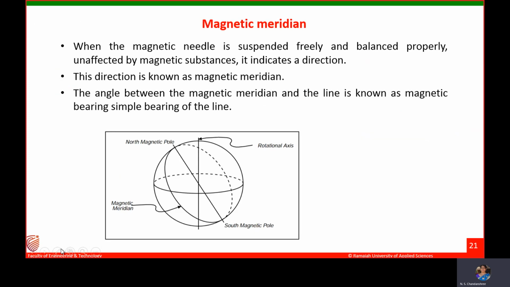This is about the magnetic meridian. As I told you, with respect to the rotational axis, the magnetic north pole and the true north are not at the same location. The reason being, magnetic north keeps on changing its position, and it is at a certain distance from the true north, because as the density changes and there is a change in the movement of hot molten lava in the core, the magnetic fields also change. That is the reason why the magnetic north pole keeps on changing, not to a very great extent, but it is not a fixed position.